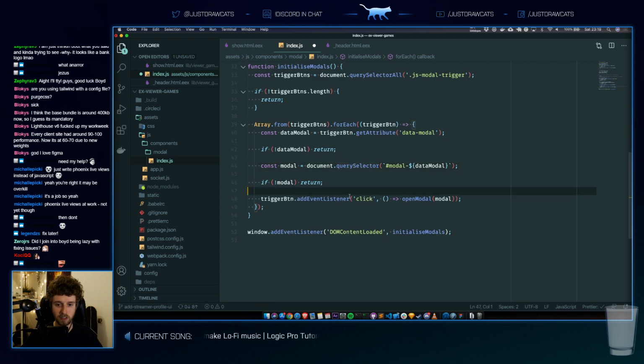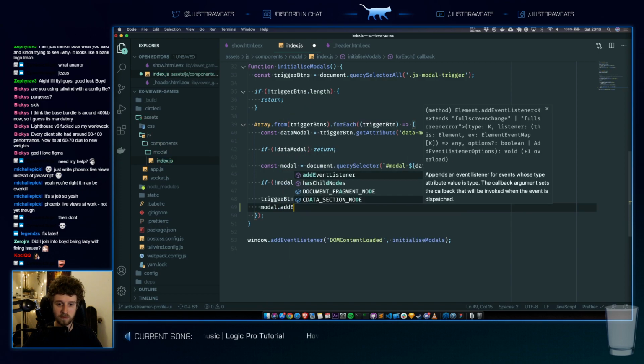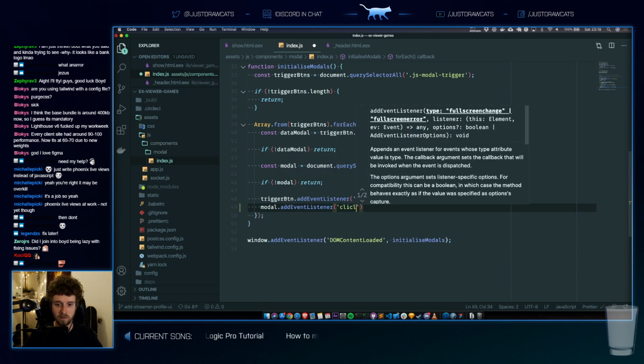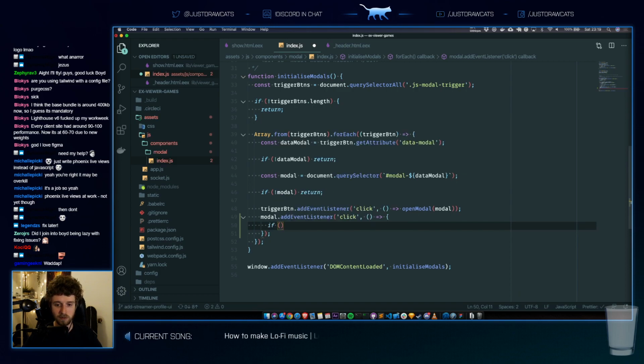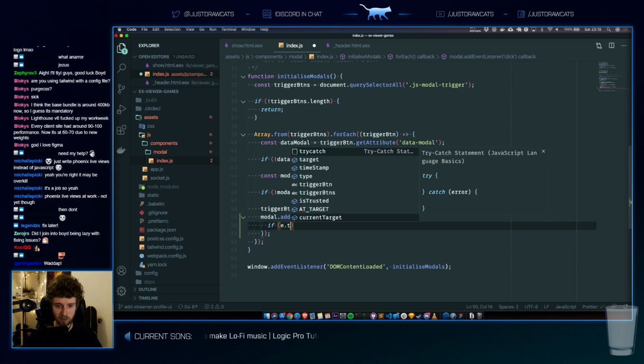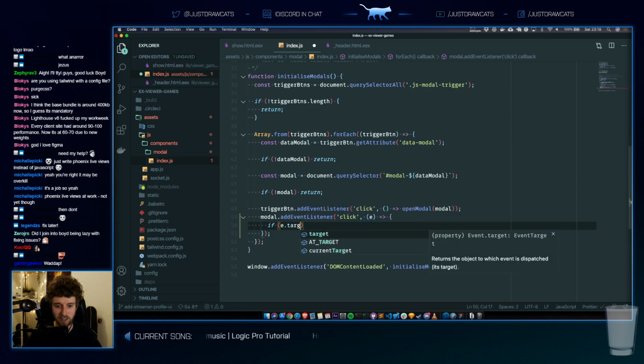When we have a modal here, we could say if you click on the modal, I want to register and check if event.target. Oh, what was the difference again? You have target and then you have currentTarget. It returns an object whose event listener callback is currently being invoked. This is what we currently click on. Is.